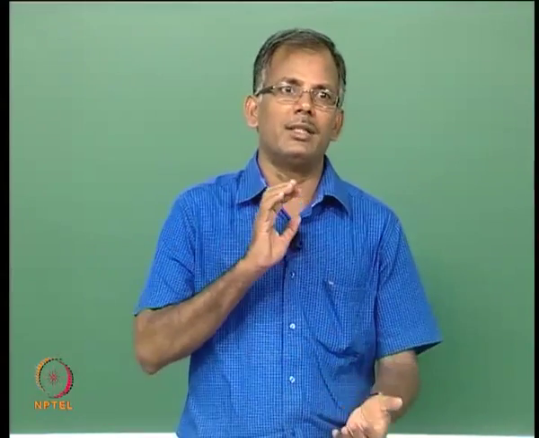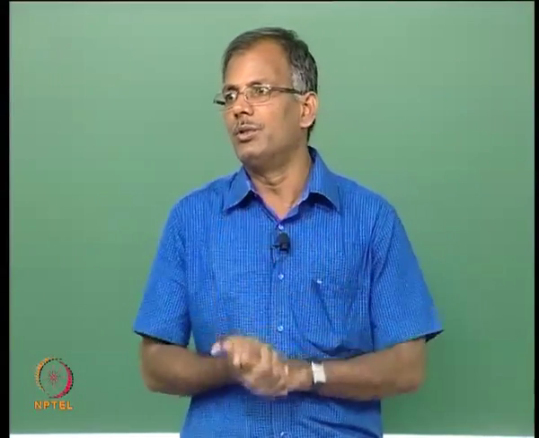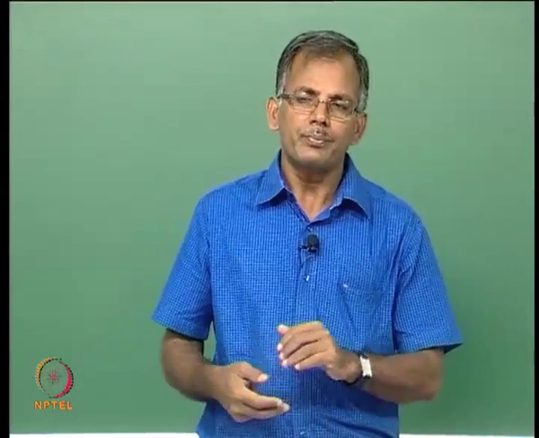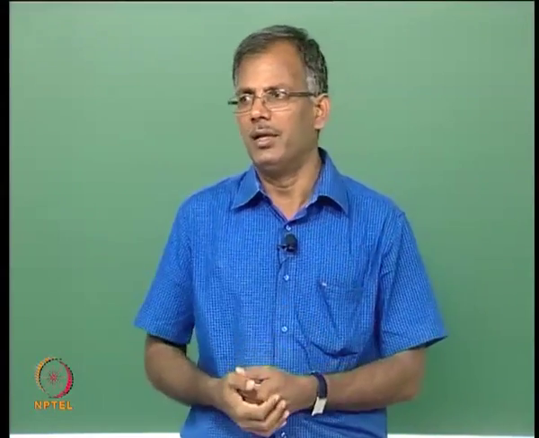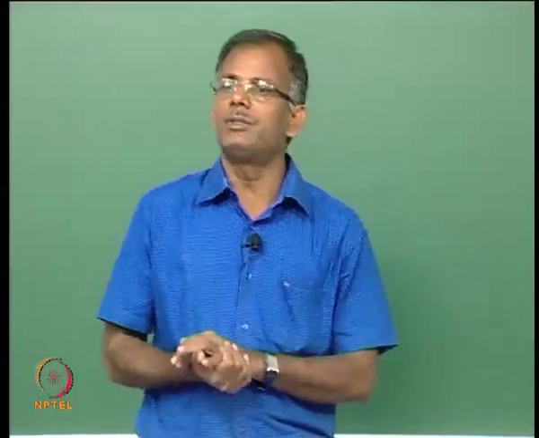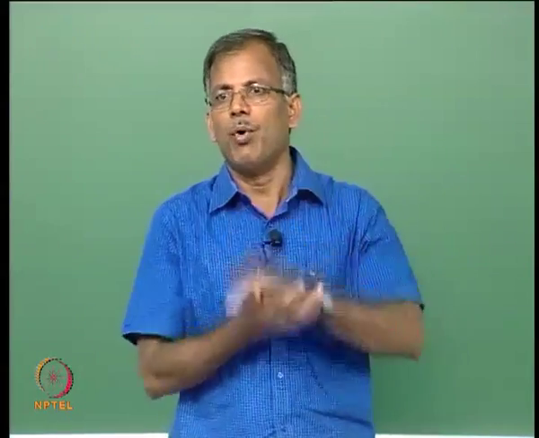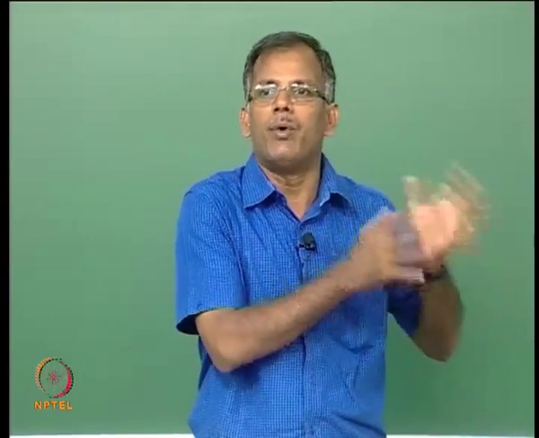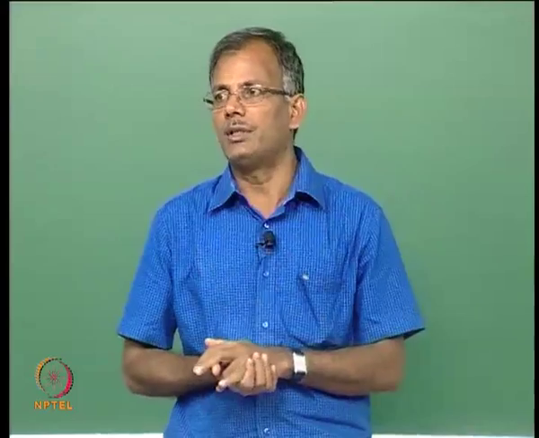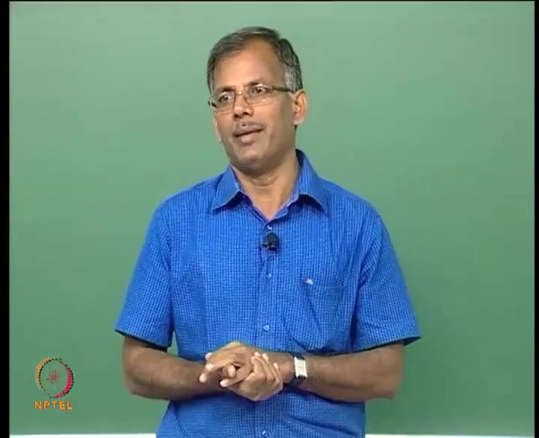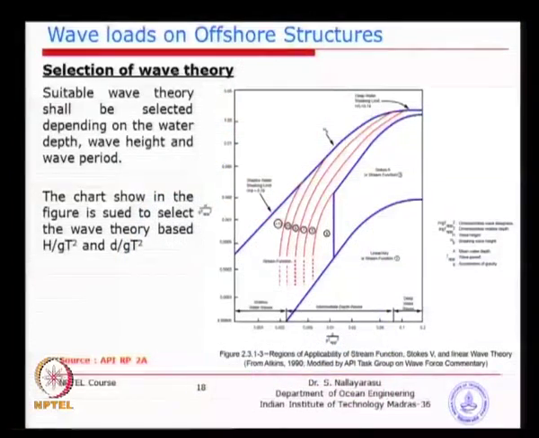So, you can see the D and the length effect. Probably you will learn more in the hydrodynamics course that the water depth in relation to the wavelength also plays a major role in the distribution of the wave load from surface to seabed. So, if D by L is larger, it means the depth is more in comparison to the wavelength. You will see that it is more like a deep water effect, meaning the wave forces are concentrated on the top 1/3 or 1/4 of the total depth, and that is the representation given by the horizontal axis.